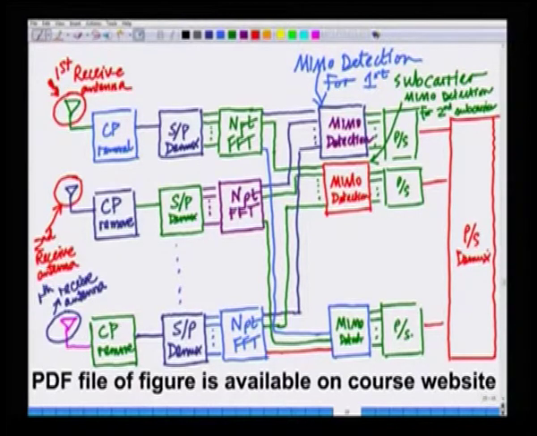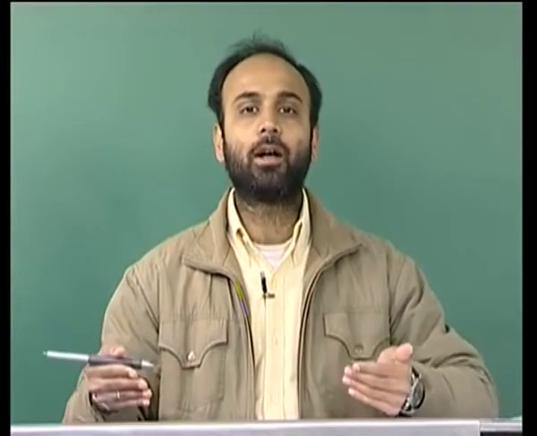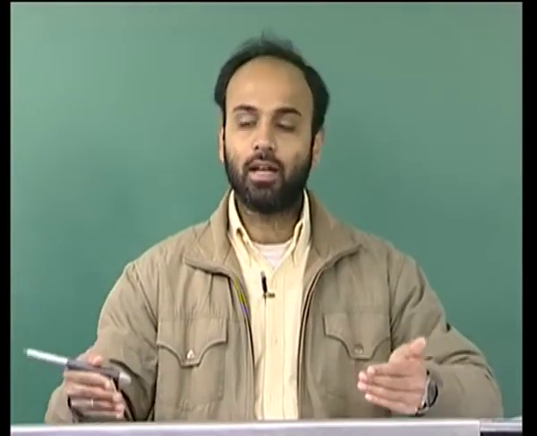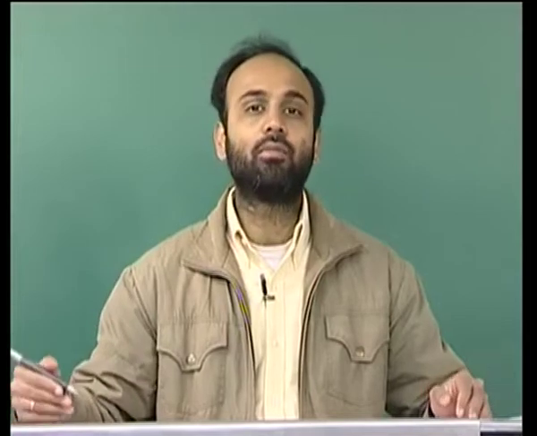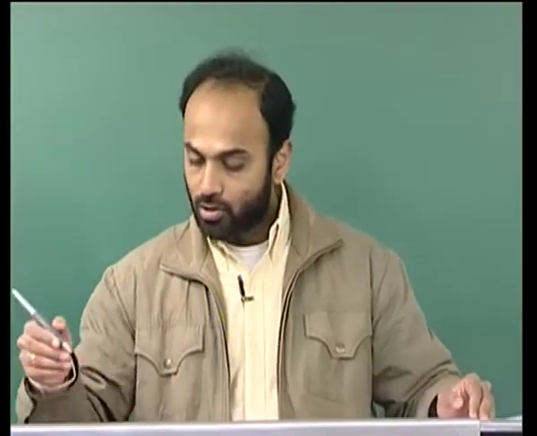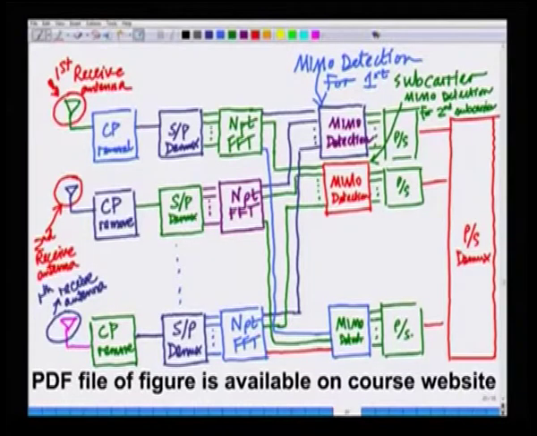That is, you have a block for all the transmit antennas, you convert that into serial at each subcarrier, and then finally you take all these streams from the different subcarriers and multiplex them into one complete stream that can now be used as information by the higher layers or the applications. So, this is the complete MIMO receiver schematic, which looks slightly complicated, but